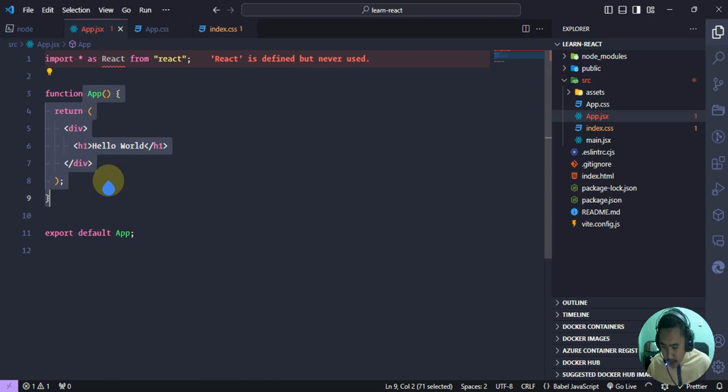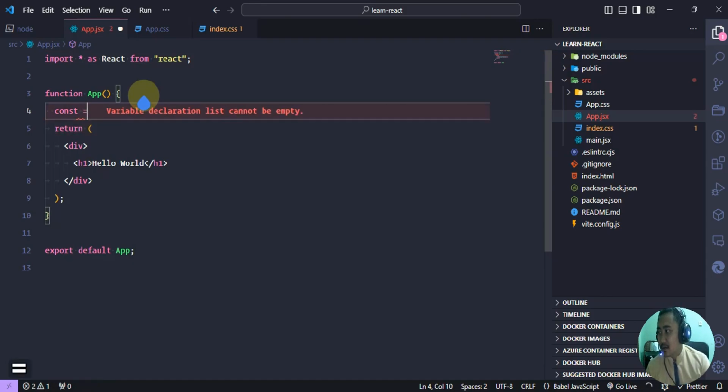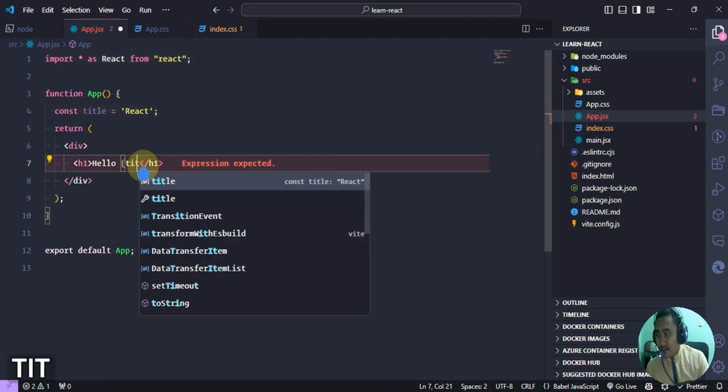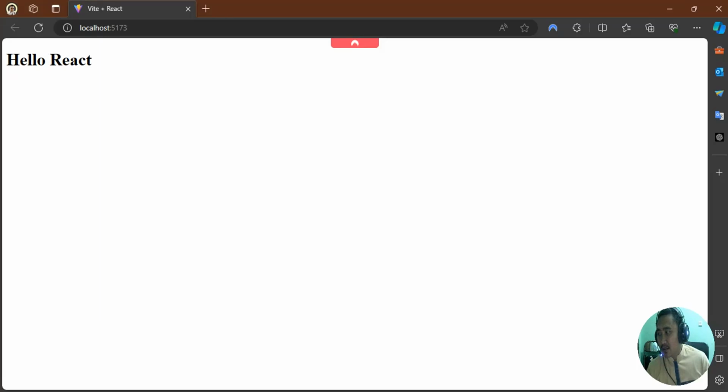So if we want to put something in here, like a variable title, React for example, you can, because it's just a regular JavaScript function, and you can call the title in here like this. Let's save it and see in our browser.